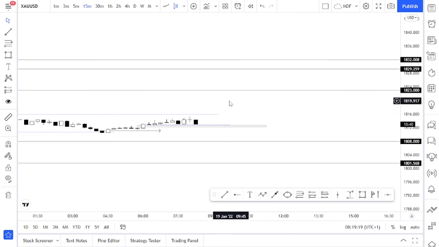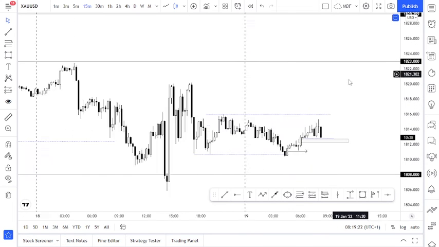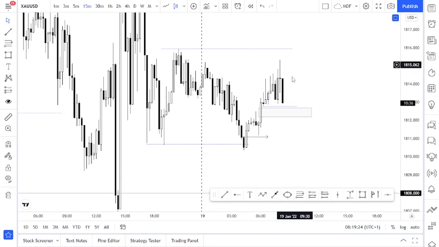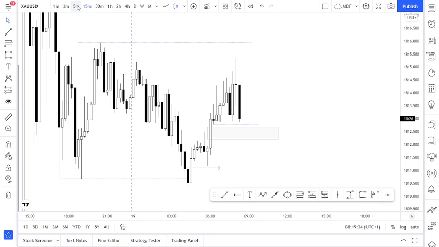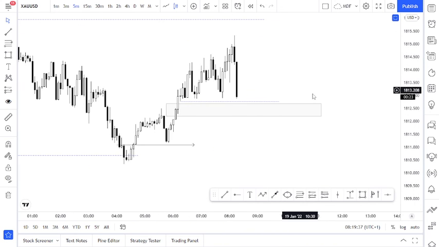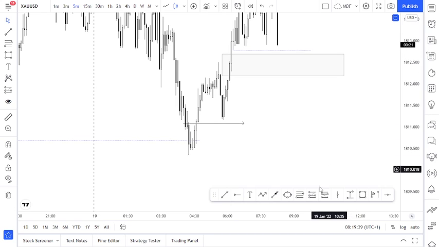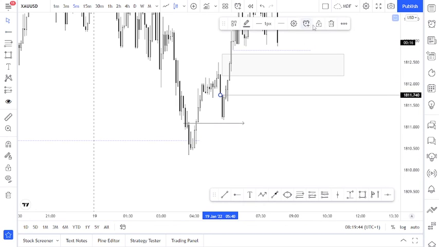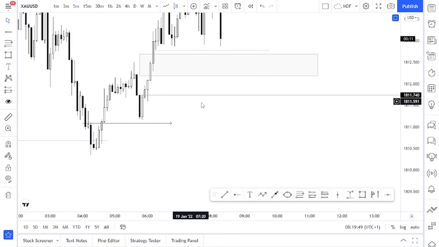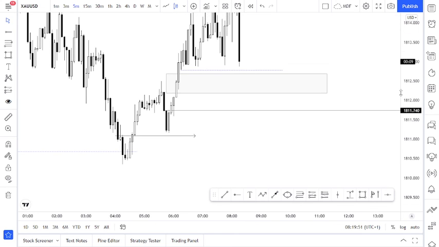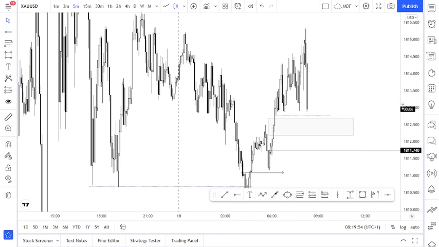Coming back to the 15 minutes time frame, I would want to see if gold can bounce off from this region, with my stop loss below this low. I think we have an order block here on the 5 minutes, so you can either use this. Let's monitor here and also the other block. These are the two areas where I'll be looking to buy gold.